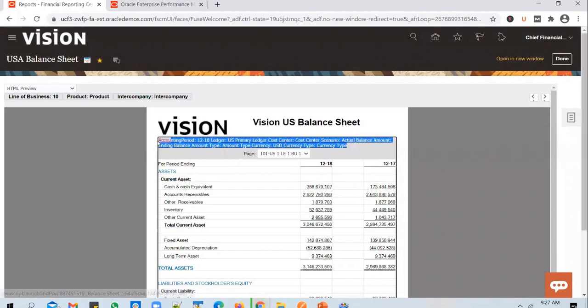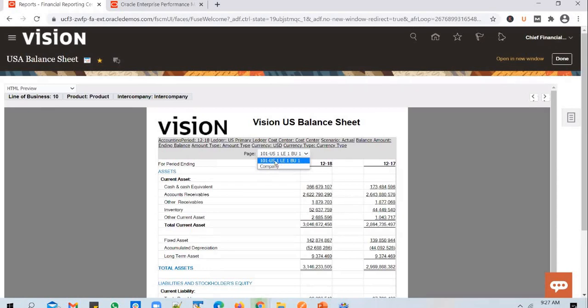And you see the points of view added, dimensions of the Essbase cube added as points of view, and you see a page here. If you click on the page, there is a drop down, right? In the drop down, you see two values, 101 and company. Do you remember seeing them anywhere? When we ran the report, we got a prompt to enter the company segments, right? We went ahead and ran the report with the default values of 101 and company. So whatever company values you selected in the prompt appear in this drop down.